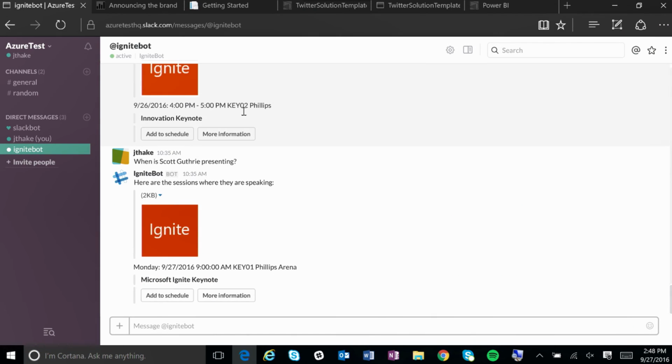One other little quick thing I'll leave you with before we close out is something that I wasn't aware of, but if you go to myignite.microsoft.com, you can actually add an Ignite bot to either Facebook Messenger, to your Skype, or in this case, I've even added it to my Slack channel. And it can do some really nice things. And this is just another great example of how you can engage with your audience via a new form of channel, which is chatbots. So for instance, I could say, when is Jeremy Thake presenting?